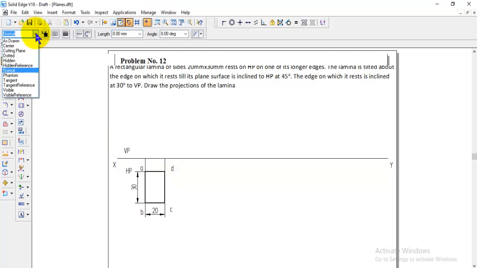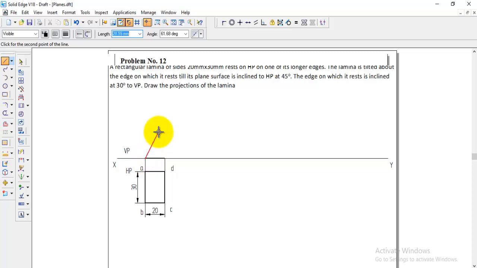After drawing the projection lines to the XY line, we need to draw the visible line between these two lines, because that is a profile. It looks like a straight line. When it shows the end point, only then we have to place it. So this is the front view of it. And here the naming: B is coming first and A is hidden, so the naming can be given as B dash of A dash, and then here C dash of D dash.